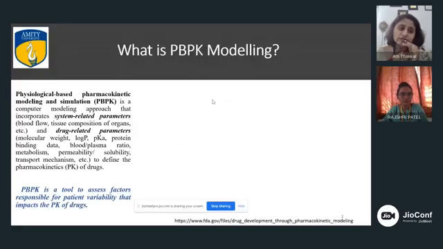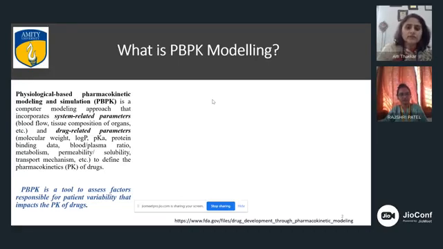In this, you have computer-based software, and in that system you have various in vivo parameters, specifically blood flow or tissue composition of the organ. And you can define how much blood is supplied to that particular organ, so that is all mathematically put into the software. And when you put in the data, because we all know the physical and chemical properties of a drug,